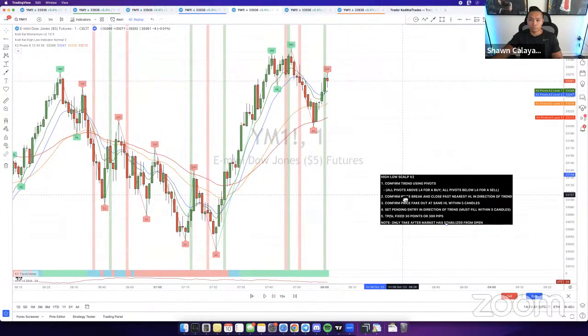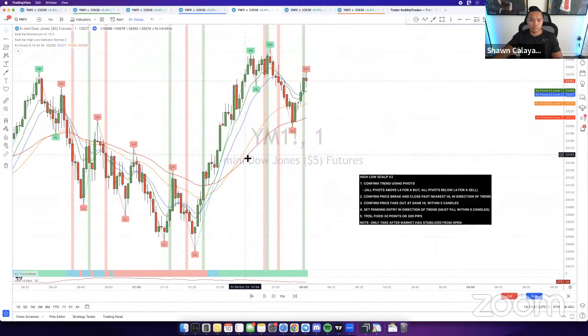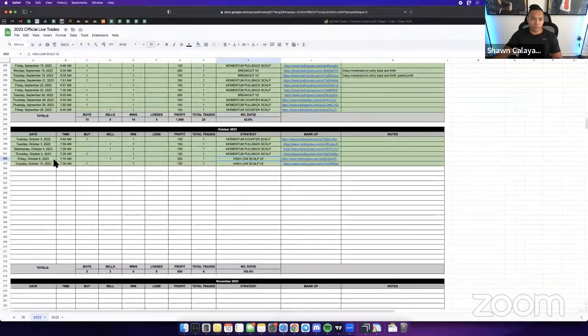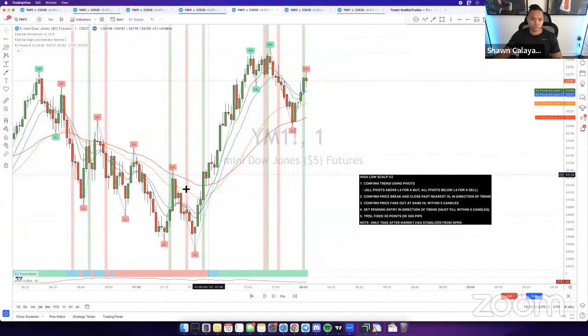So for step 1, you want to confirm the trend using the pivots. You can see over here that price is above the pivots. The trend meter is green. This is another confluence. You don't have to use the trend meter, but the trend meter does help when identifying what the trend is. You're just matching the pivots with the trend. And once you have that, you can start looking for buys. So the entry that we took on Friday was over here at about 716. Entry happened.